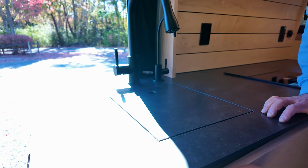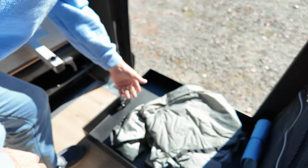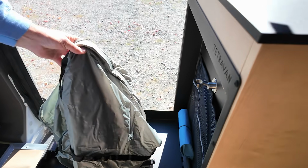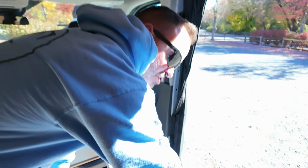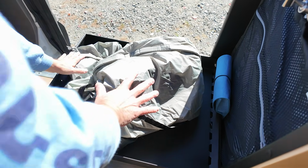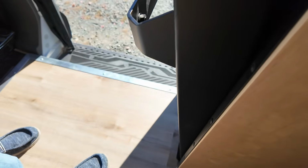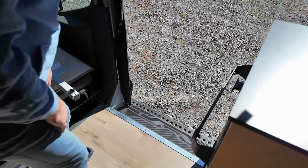And I'll come over here real quick, drop the shower. So that turns into the shower pan. You stand on it, you lift this up, clicks in, magnets go on the bottom, they come back up and they click into the hidden magnets that we have in the back of the ceiling. Your shower head goes here, clicks into there, hot, cold water right there on the valve. And then when you're done, you just push that guy in, lock it up. You see down here, this is the drain. So when that shower pan comes down, it drains back into that, goes right down into the gray water tank